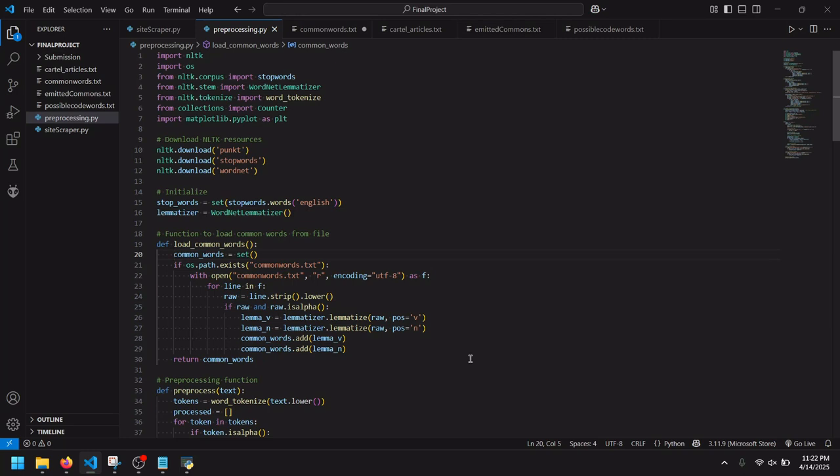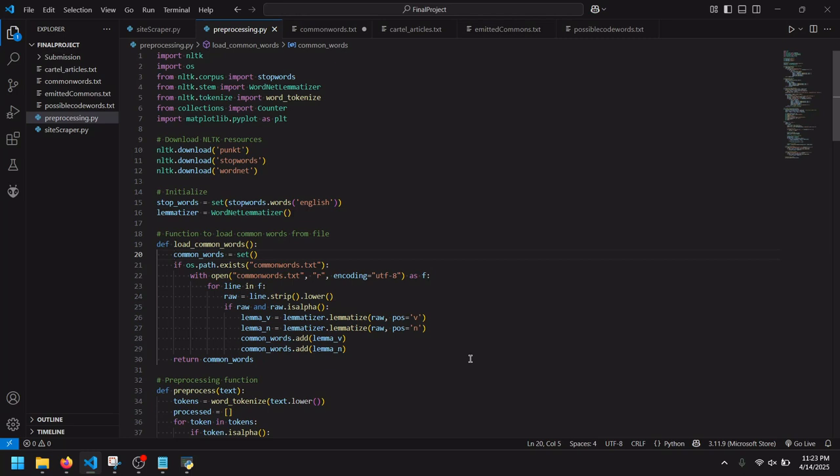NLTK, which is the Natural Language Toolkit, helps with the tokenization, the lemmatization, and the stop word handling, like we were talking about earlier. The visualization is matplotlib.pyplot, which is used for creating the bar graphs, which is really cool that it can just create that using a Python imported library.